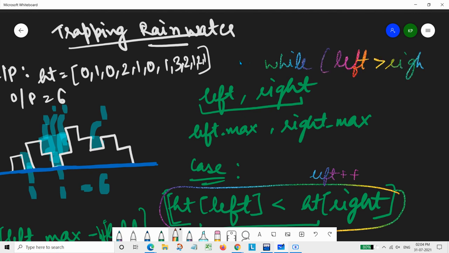So this would be our parent case. Basically the loop runs while our left is less than right, and once that fails, it will exit the loop.